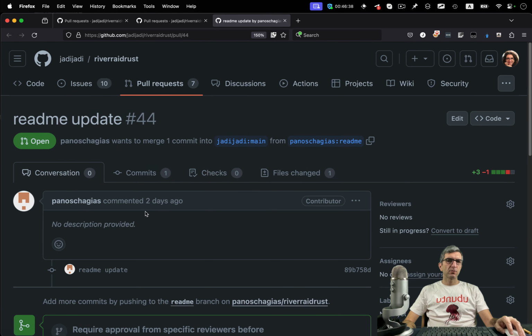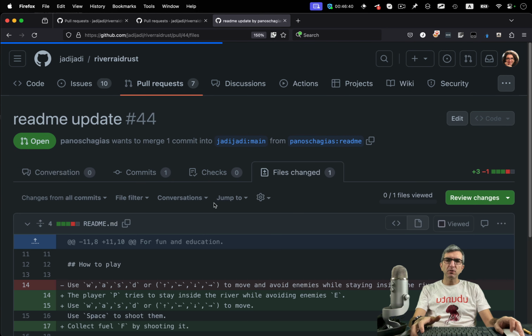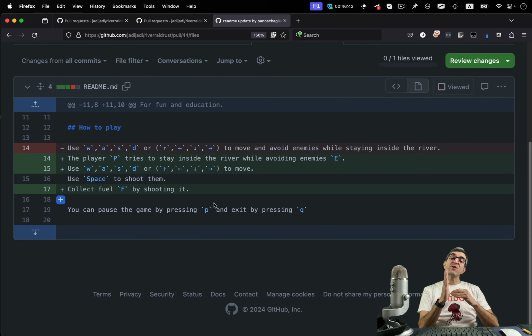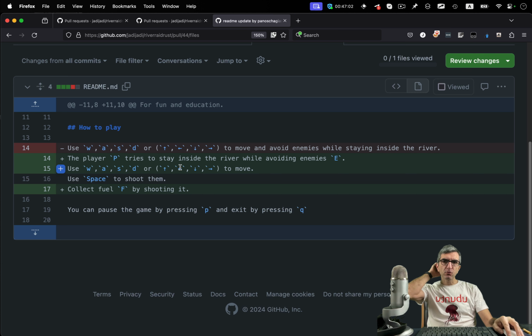Again, Panos has updated the README. When you are feeling that, okay, I'm good in this, I know what I'm doing and everything, you can let more novice people do these kind of stuff. It's always good to have a nice place for entry. This is very easy and a practice. And appreciated, thank you. The player tries to stay inside the river, or at least wait a few days and see if no one cares about this project. You can do it. Still, if you do it, I will thank you.